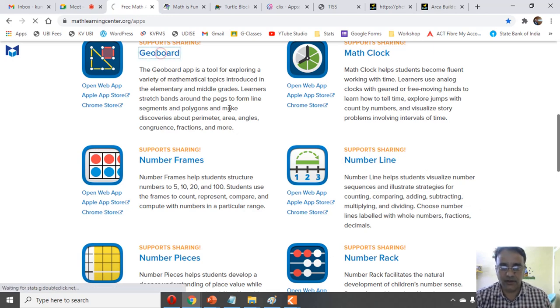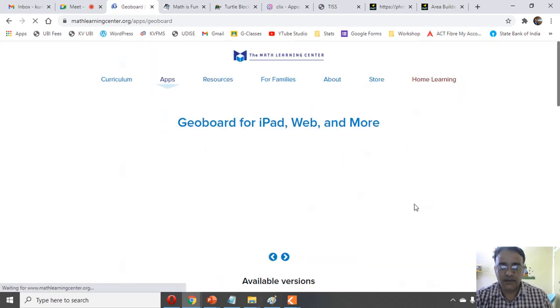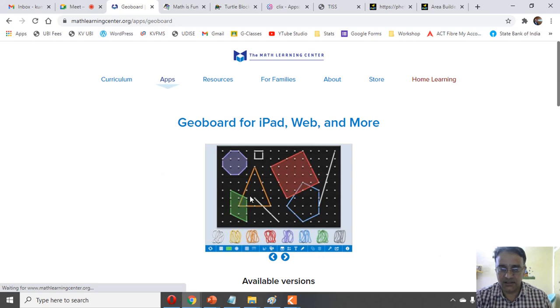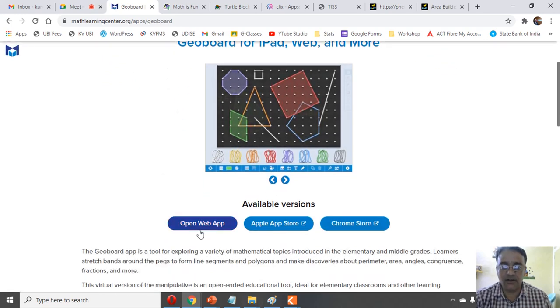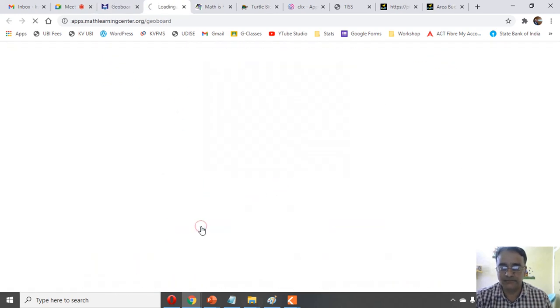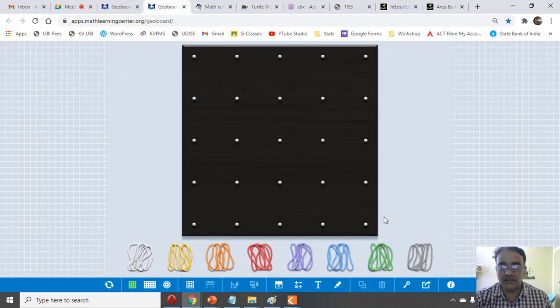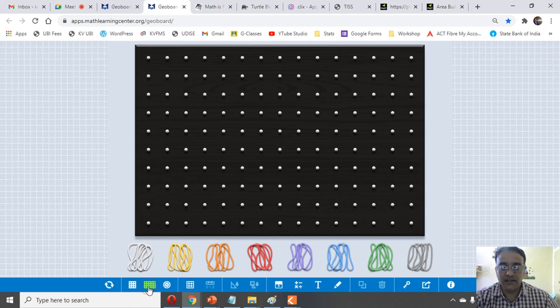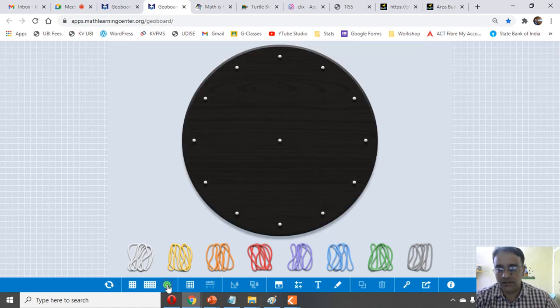So if you click on geoboard, then this screen will come up. You have to click on open web app, and when you click on this open web app, this is the square geoboard, and three types of geoboards are available here. This is the rectangular geoboard and this is the circular geoboard.